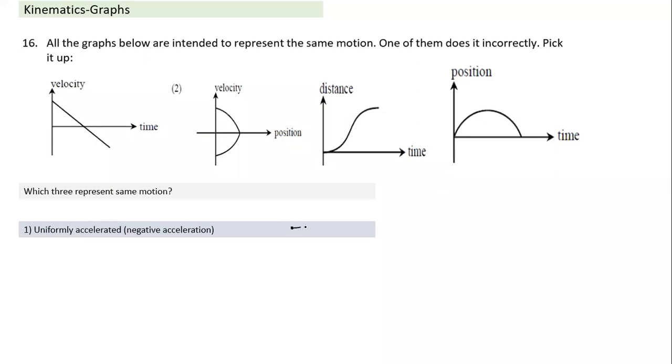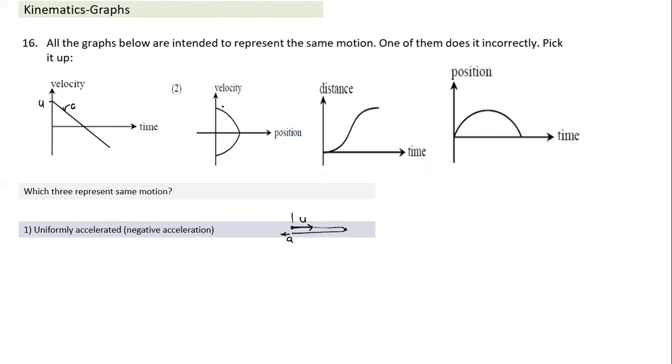So the first one is something like this. If this value is u, and the slope is whatever slope is given, the velocity and acceleration are opposite. So in this case, what happens? Suppose it starts from the origin, it will go up to a certain maximum distance and come back. It will achieve a maximum position, not beyond that.